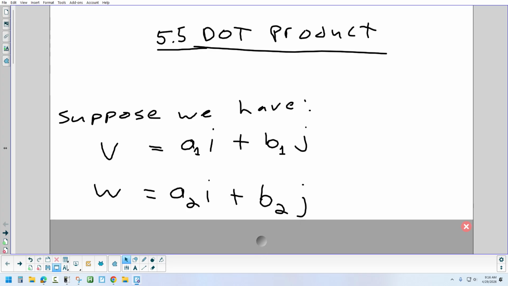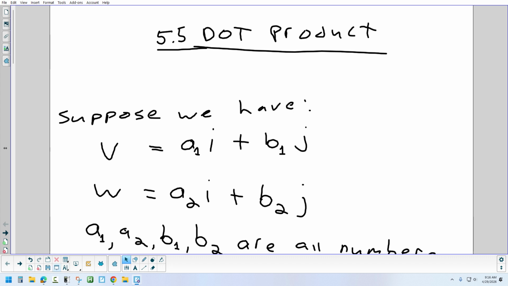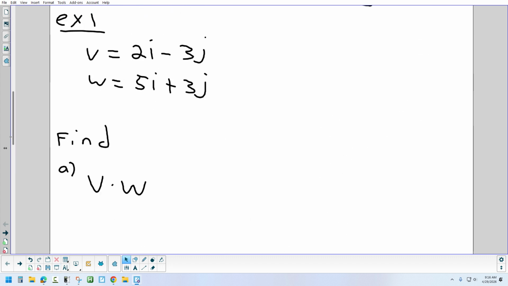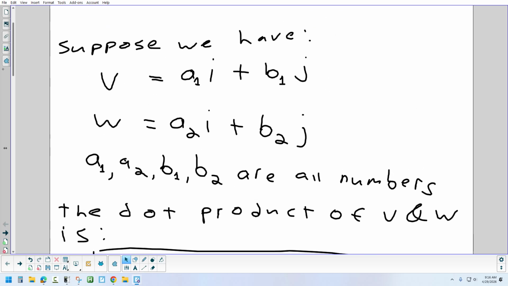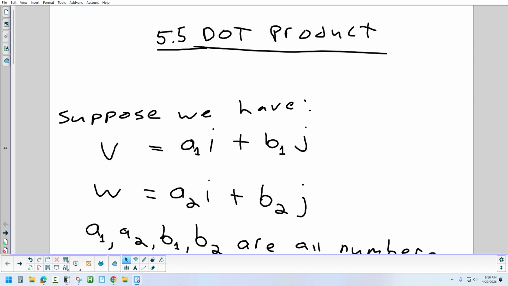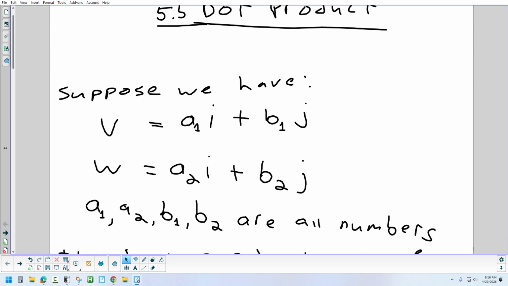So let's say we had those two vectors, and when we do an actual problem, you'll know what those numbers are. It'll be more like this. I'll give you the horizontal and the vertical components for each one. But for now, the horizontal components are going to be represented by A1 and A2, and the vertical components are going to be represented by B1 and B2. And those would all be different numbers. And what I want to do is take those two vectors and multiply them together with what's called a dot